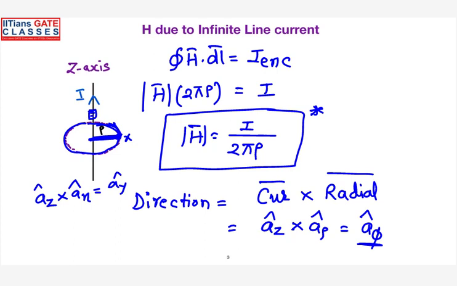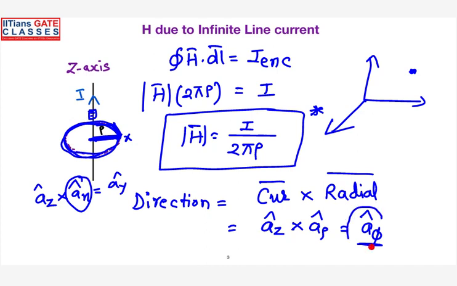So I was generalizing it here because the moment you go in this particular loop, the magnetic field is there in the phi direction. Suppose the observer is not located on the x-axis and not on the y-axis, then which component can you say? Straight away it is phi direction, right? So whenever the observer is located in the XY plane, how will you characterize? Definitely rho, right? Whatever the radial distance, you are going to consider it as rho instead of x. So that is the reason why this is generalized. So a phi can be equal to ay provided that the observer lies in the x direction. Okay. Understood?